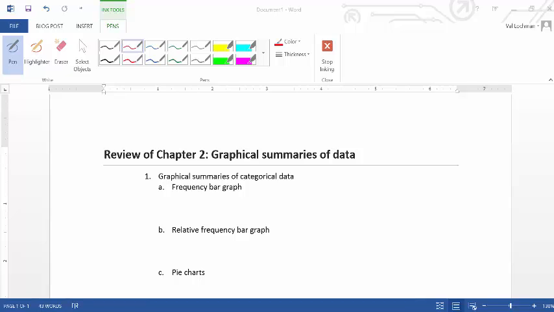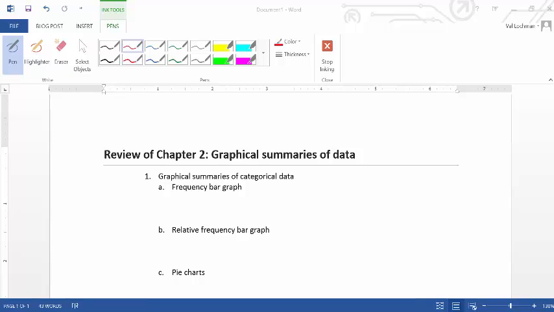So the first one talks about graphical representation of categorical data. And so there are 3 things that you need to know from this chapter: frequency bar graph, relative frequency bar graph, and pie charts. So this is your activity 2, and most of you guys did really well. In general, on this particular chapter, there's usually very few problems. So let's talk about frequency bar graph and